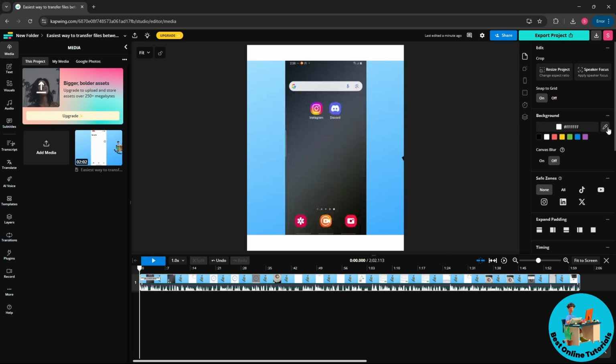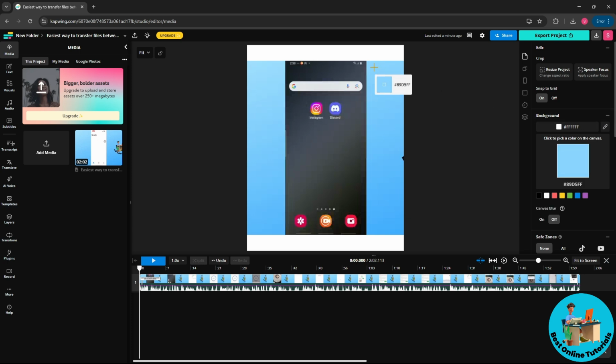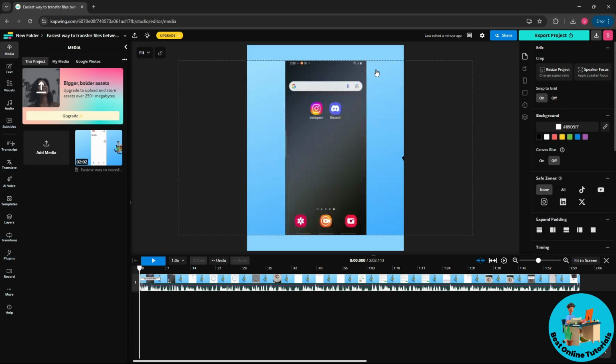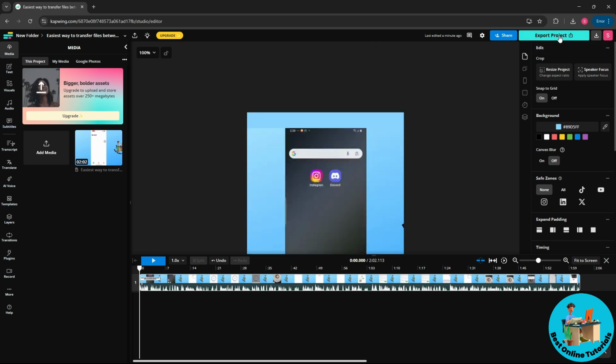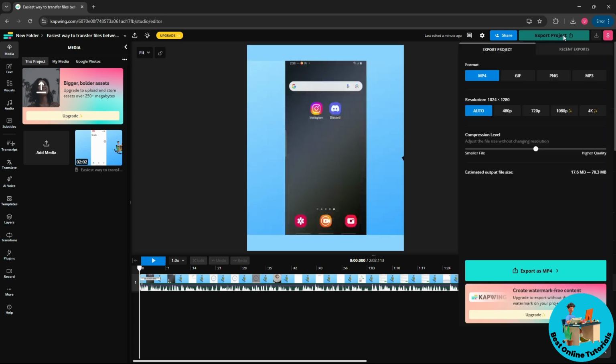tab over here and select the color picker, as you can see over here, and select a color in your project. I'm going to choose the lighter ones over here, as you can see, it will match the background color. After that, you can select export over here and select the format, the resolution, and the compression level as well, and select export as MP4, and you should be able to resize the video